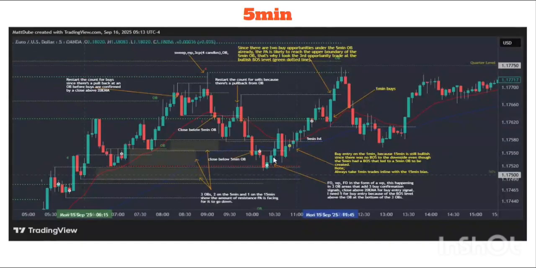So we have three confirmations so far for price to go to the upside, and we have all of this happening at this order block, this one and this one, so one, two, three, plus the three confirmations that we saw here. We just need five, but we got six. And then we have a close above the 20 EMA. Now, this is when we enter buys,